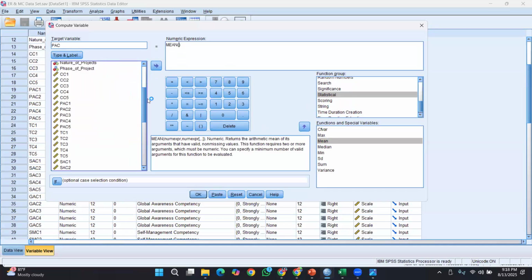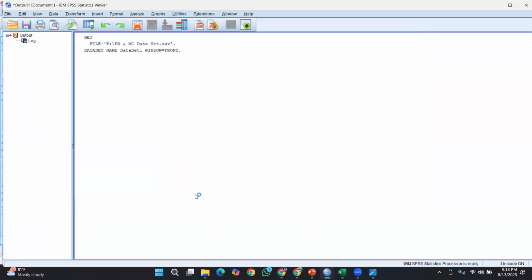You can get it done in SPSS as well. Without bringing these items here, you can just get the average and bring only that variable here. But when it comes to calculating the reliability and the validity and as well the common method variance, you need the items.